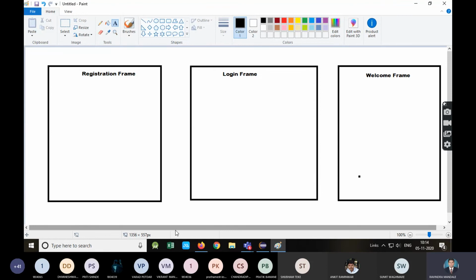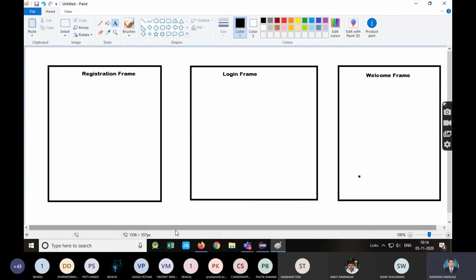If you are developing a web application or a website, then you can mention registration page, login page, welcome page like that. But right now I'm just creating the window with the help of frame. That means JFrame class of Swing, but I have mentioned frame. Just try to understand the difference: Frame is actually a class from AWT, and JFrame is from Swing.